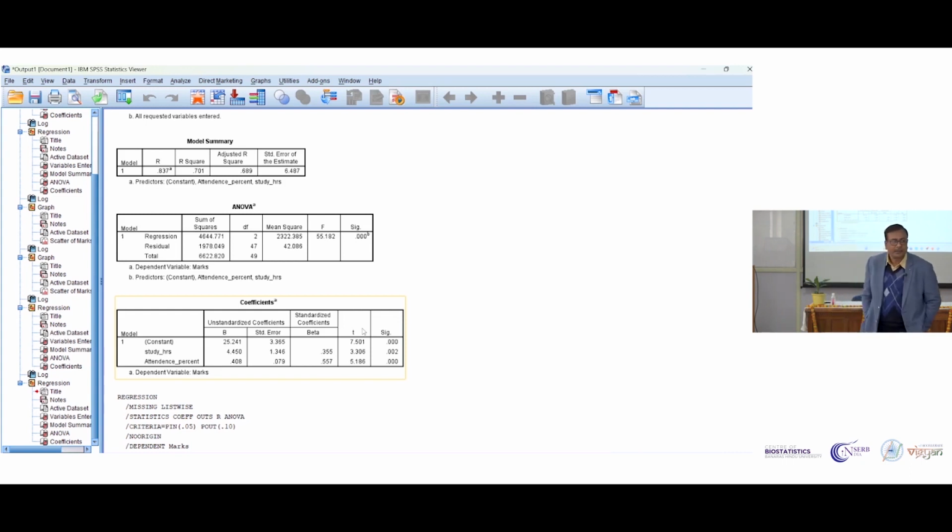Study hours. Attendance percentage more significant. More significant नहीं, both are significant, but which one is affecting more? मार्क्स किससे ज्यादा बदल रहा है, अटेंडेंस से कि पढ़ाई के घंटे से? Study hours से। स्टडी आवर्स से। ओके, बट हु इज सेइंग स्टडी आवर, ही मे नॉट बी करेक्ट।